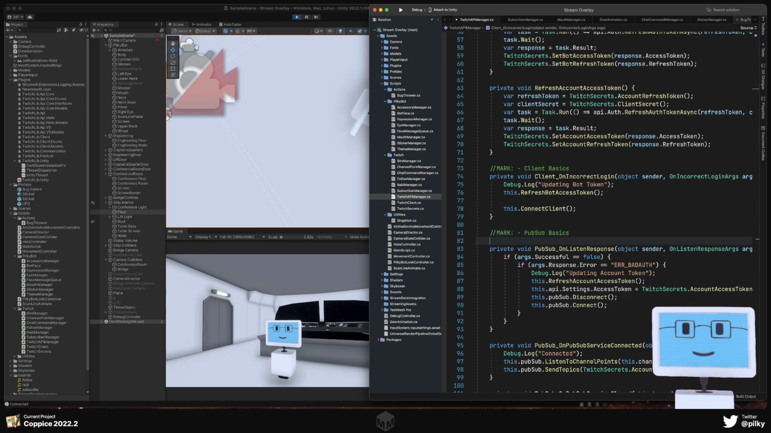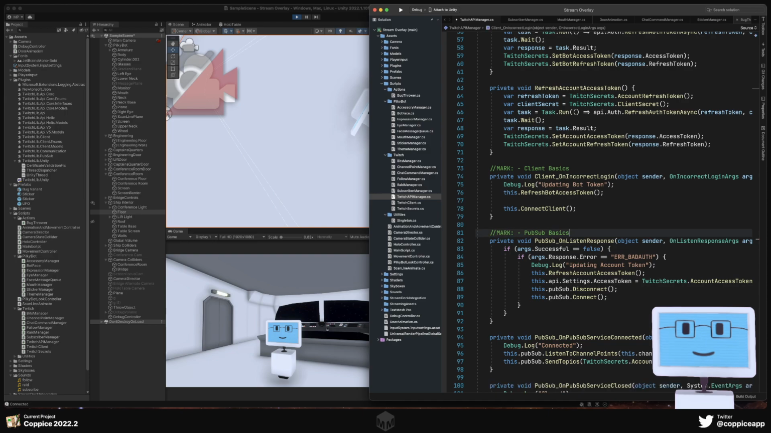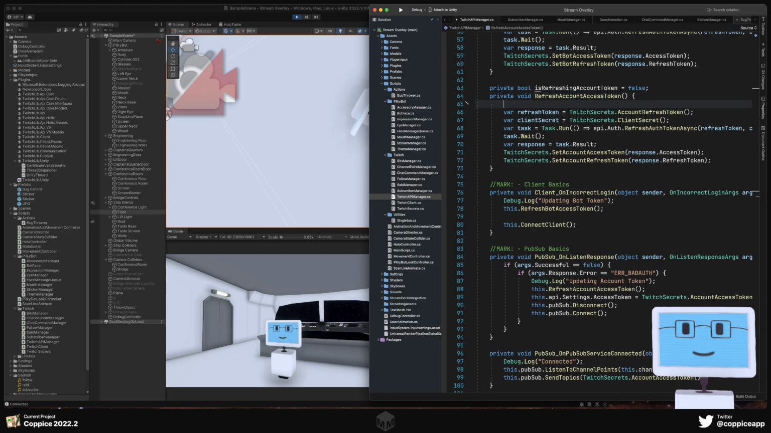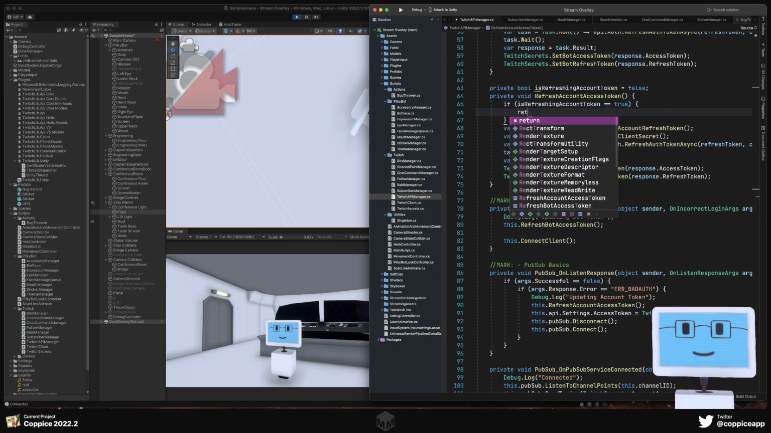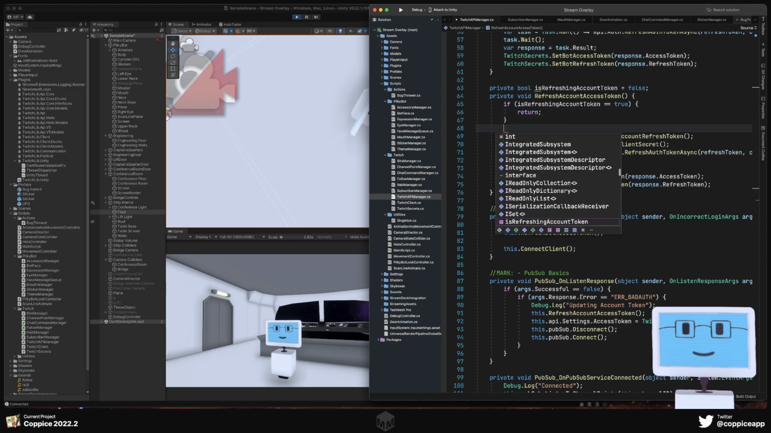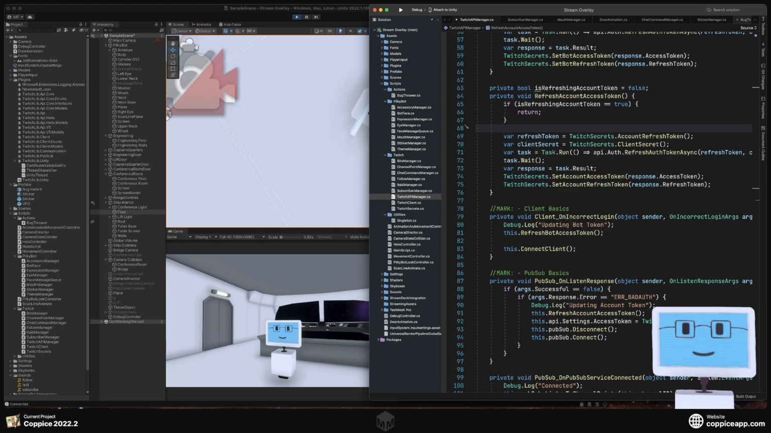So first thing we can do is private bool is... actually up here. Oh, if is refreshing account token true return and if